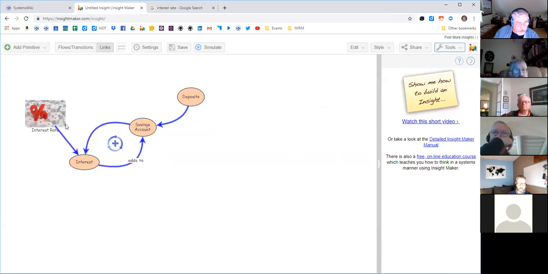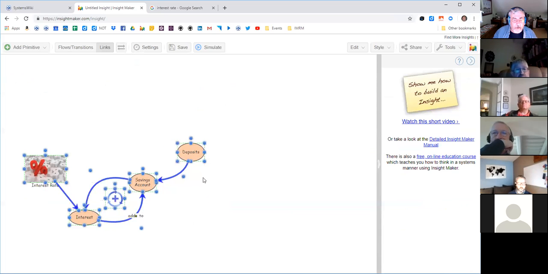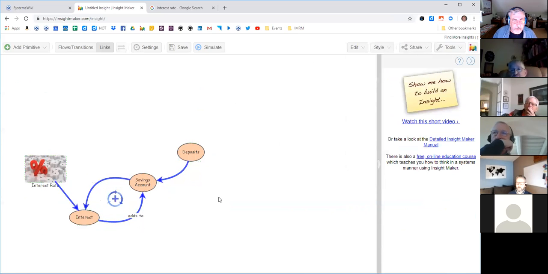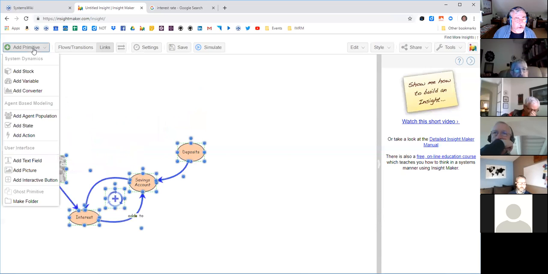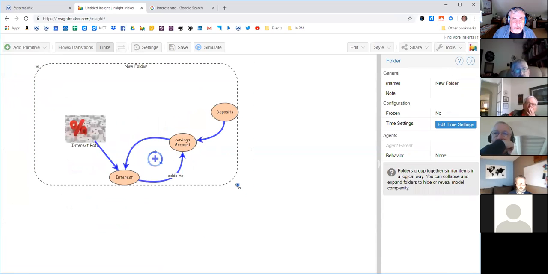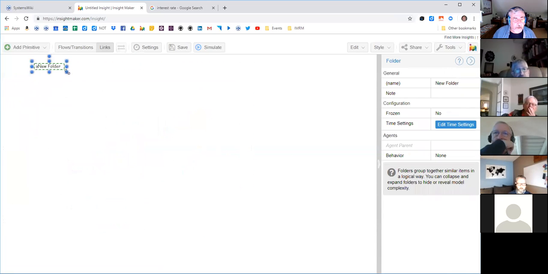Thank you, Gene. You can also hold down the Shift key and select a group of things and move them around together. I don't think, yeah, there isn't a grouping feature. Well, there is a grouping feature, okay? If you select all this stuff and come up here and say make folder, you've now essentially created a group because they're all in this folder, and you can close the folder and call it